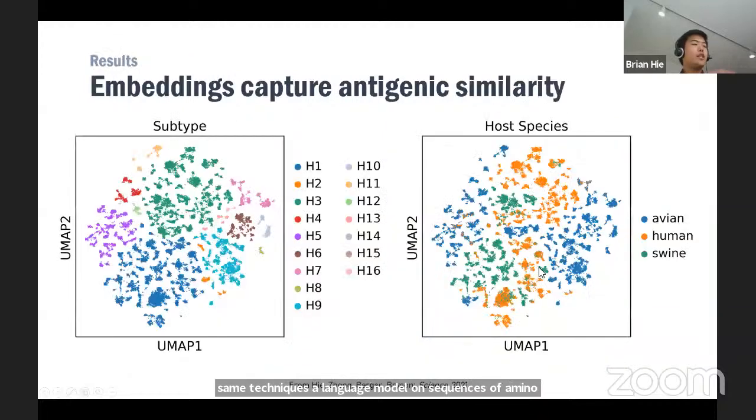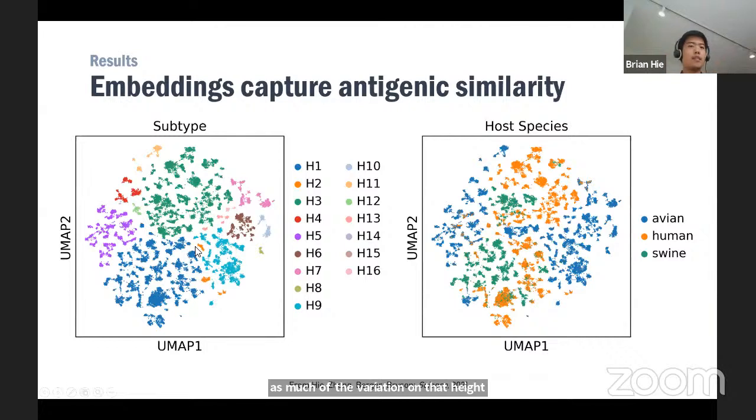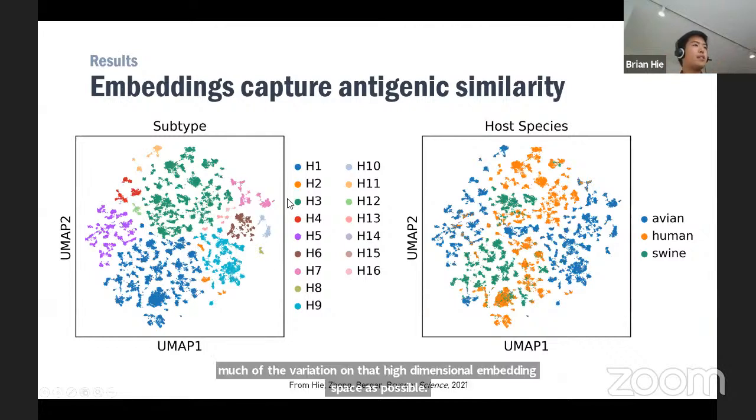So when we train a language model, say on about 50,000 flu hemagglutinin sequences in the Influenza Research Database, and we visualize that language model embedding, which is a very high dimensional vector, in 2 dimensions that try to capture as much of the variation in that high dimensional embedding space as possible, and we plot them in 2 dimensions,